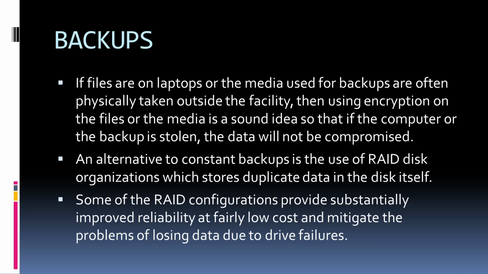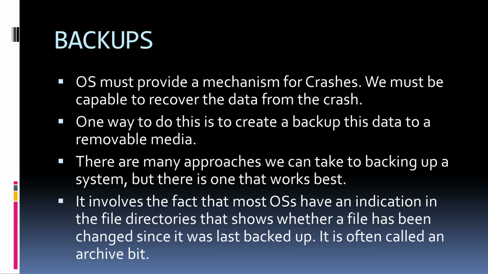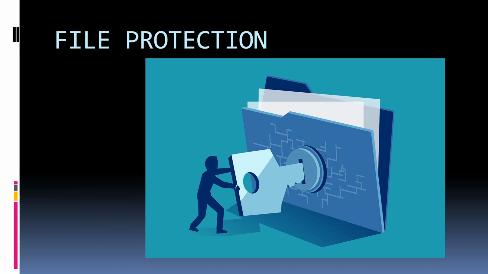Now, we had talked about the archive bit. This basically works like this. After backing up, the archive bit will become null. Then if it detects any change in the file after backing up, it will again make the archive bit 1, indicating that the file was changed and, since it has changed, has to be backed up again.